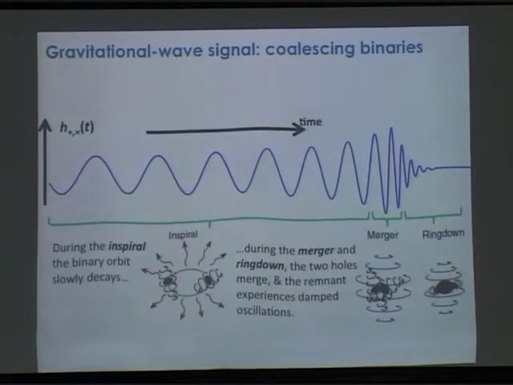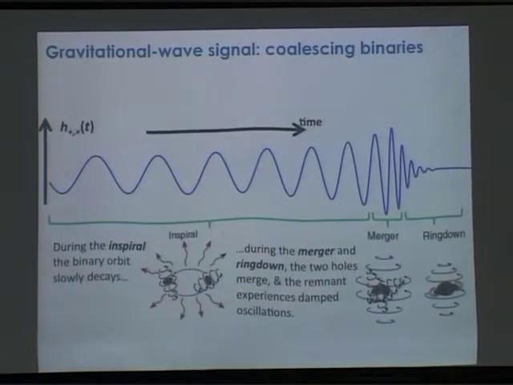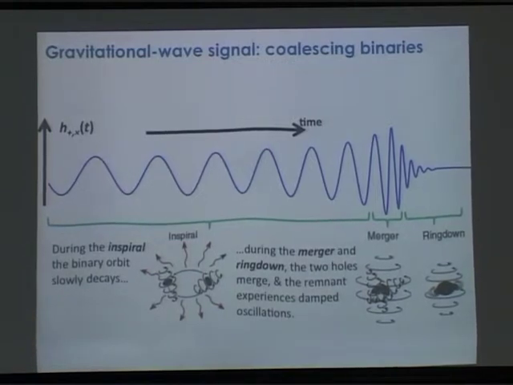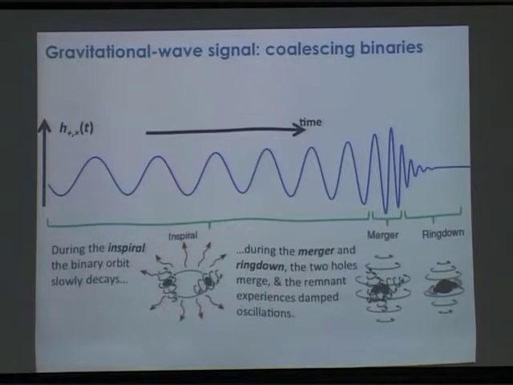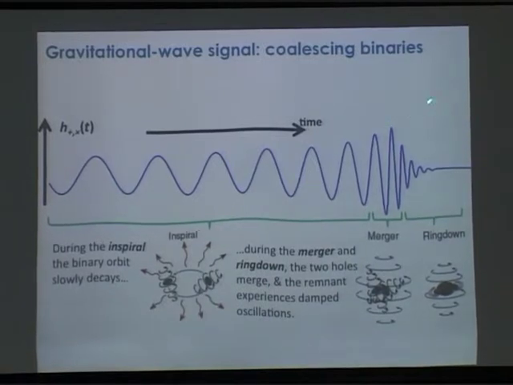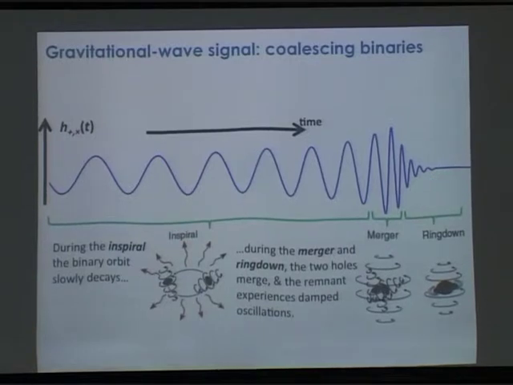Okay, so the basic picture of a gravitational wave from a coalescing compact binary is what's shown here. If you just plot one of the gravitational wave polarizations as a function of time, you have this characteristic waveform in which the amplitude is increasing as a function of time up until the point of merger, and then it exponentially decays in this quasi-normal ringing phase.